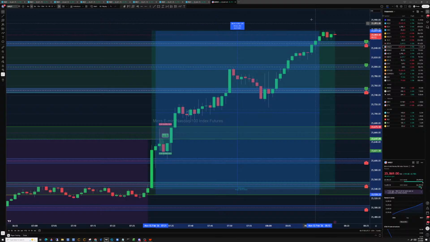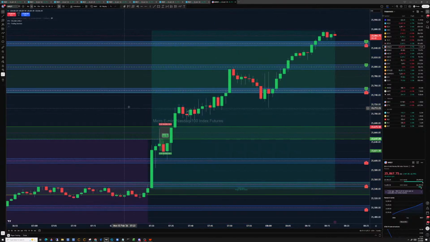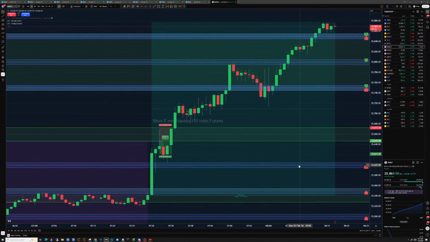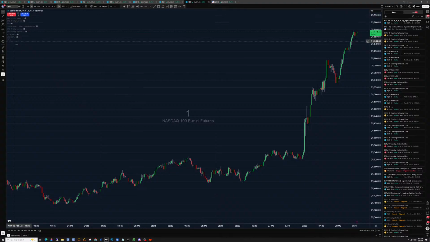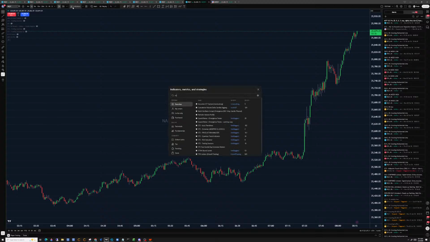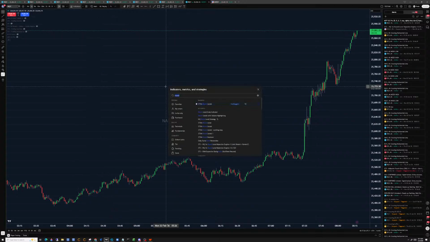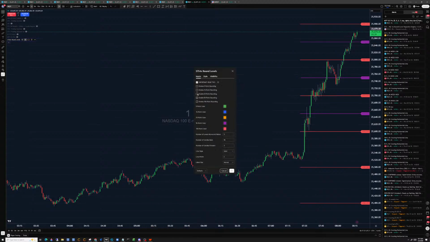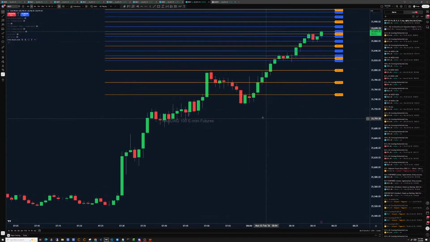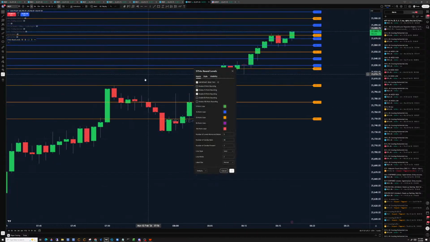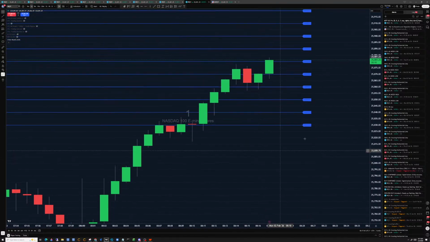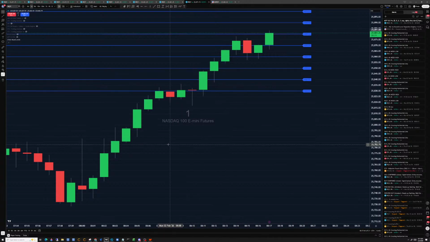This is what I'm always talking about: if you don't know, you've got to know. You've got to be able to look at it and realize when the market is super volatile and when it's not. The easiest way I do that is I put the round levels on, because I use them so often that I've got a good eye for it. If they are really close together, like, let me get rid of the 25-point levels. With these 10-point levels, I can normally trade between them, but right now you see there's like